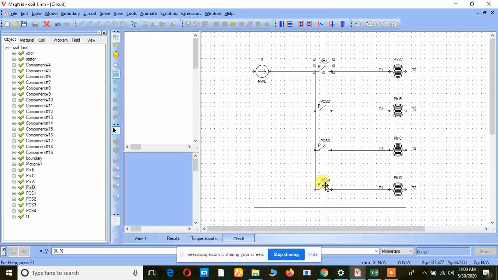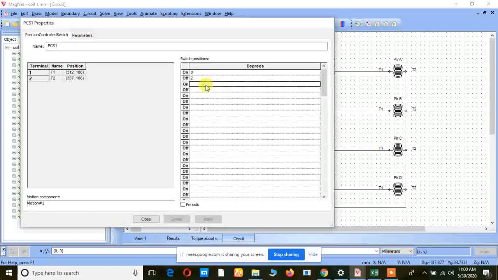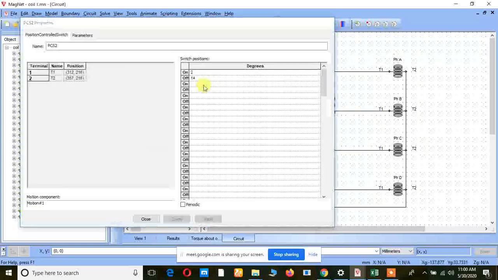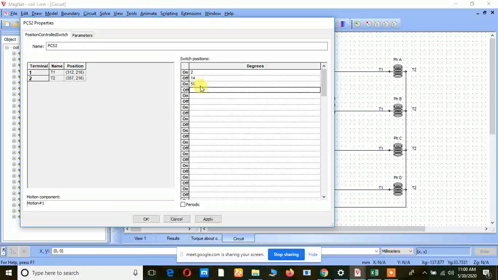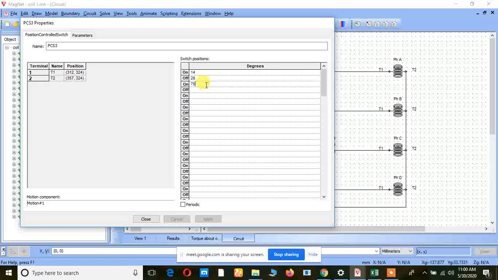See here, if I am giving 42, just turn on phase A at 42, and add 14 here. So 42 plus 14 is 56. At the angle of 56, I want to turn off phase A, so phase B should be turned on at 56. After turning on at 56, adding 14 again, 70 degrees will come, right? So I want to turn on phase C at 70 degrees. After turning on at 70 degrees, again 14, that is 84.